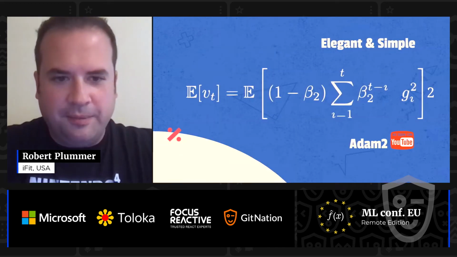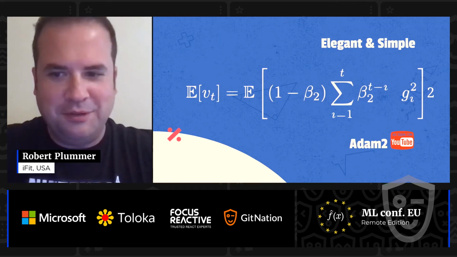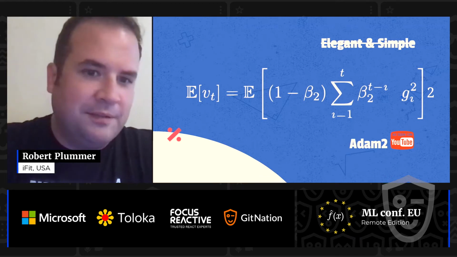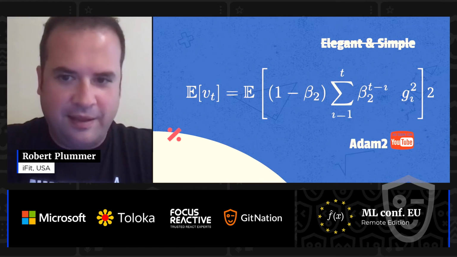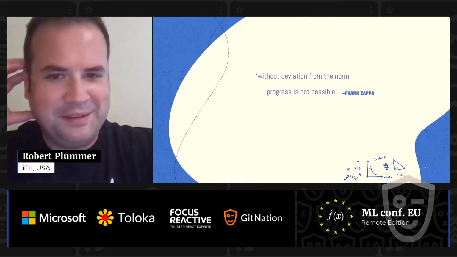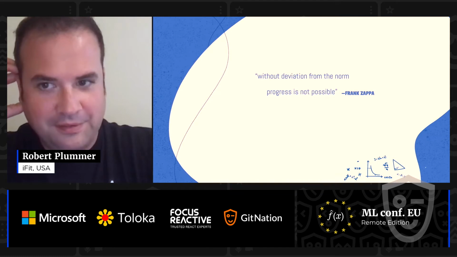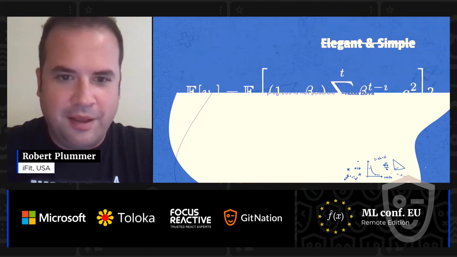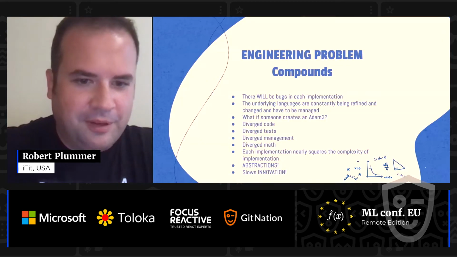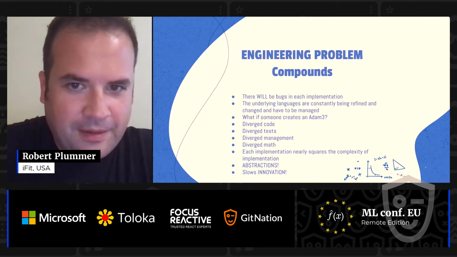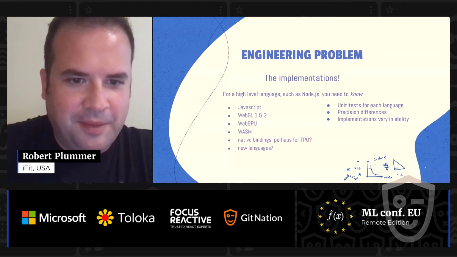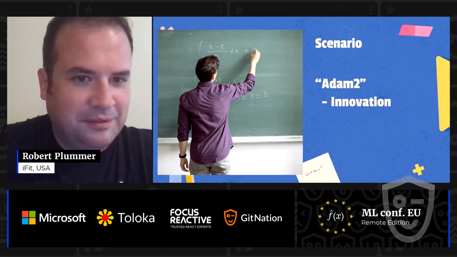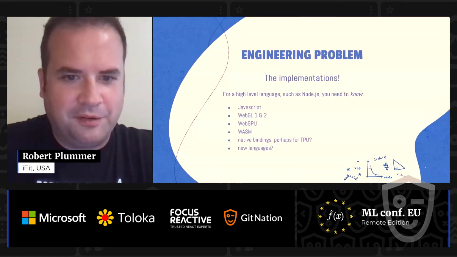So our elegant and simple Adam 2, which you can see on YouTube, it's not really on YouTube, I made all that up. It doesn't stay elegant and simple, even though in theory, in the math it doesn't stay that way. And so we have to change our understanding of things if we want to scale, right? And our engineering, what was the main objective we want to get at? Innovation. We want it to be innovative. We want to be more innovative than we currently are.